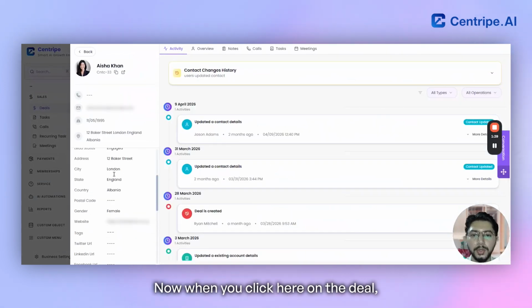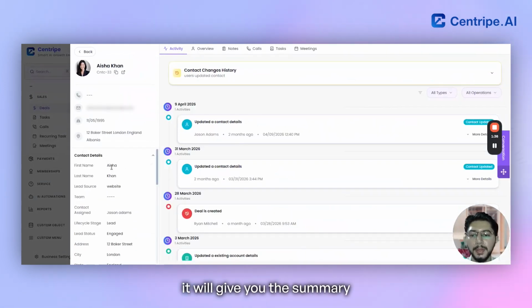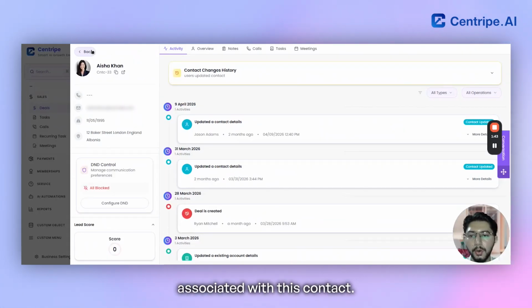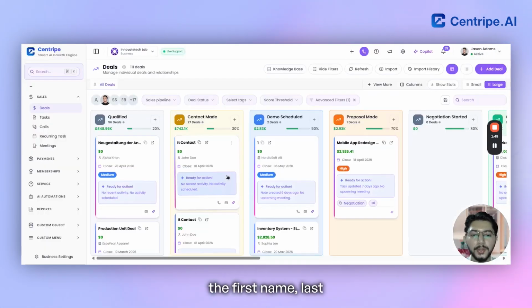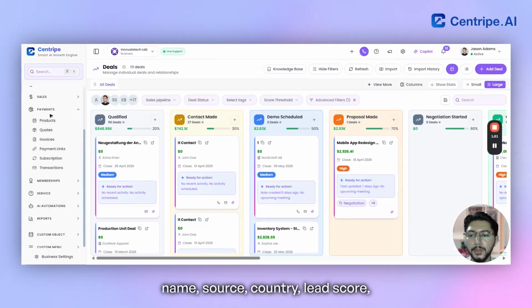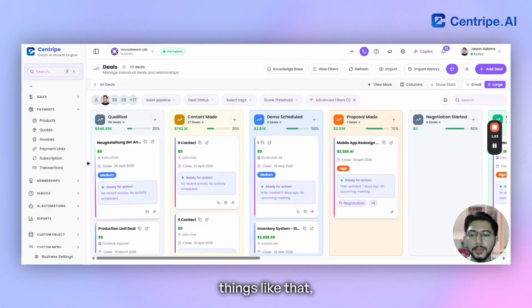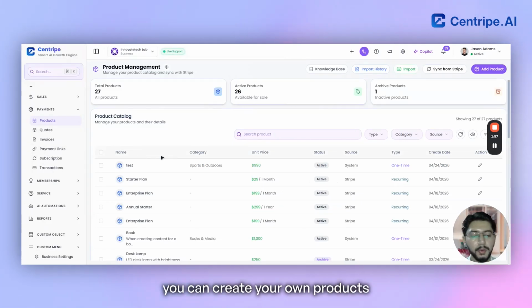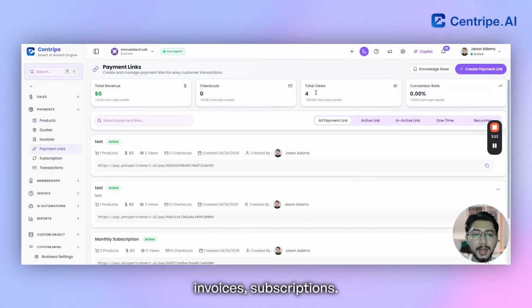Now, when you click here on the deal, it will give you the summary and all the details associated with this contact. For example, the first name, last name, source, country, lead score, things like that, and all the notes and calls as well. In the payments, you can create your own products so that you can create quotes, invoices,